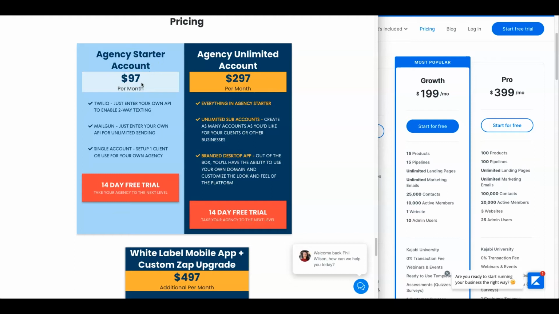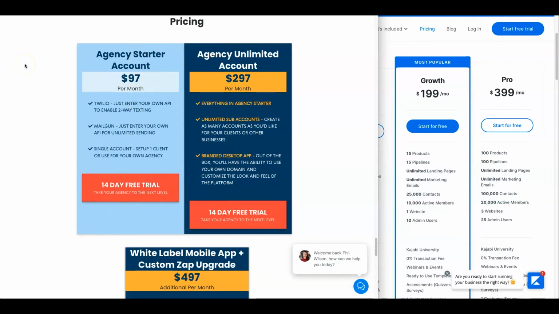And what this allows you to have is all of the features inside of GoHighLevel for one client, right? So if you're using this for your own business, this is perfect. I don't believe there's any limits to the types of features you get. So you can have unlimited funnels, unlimited websites, unlimited courses, unlimited contacts, and unlimited pretty much anything. So this is extremely powerful because there is no limits and it's $97 per month. And once we get into it a little bit later on, you'll see how powerful this one sort of membership